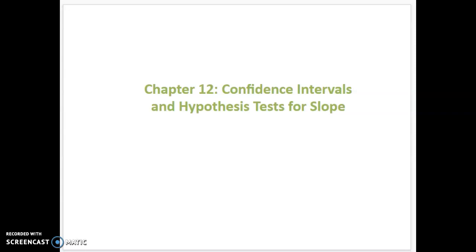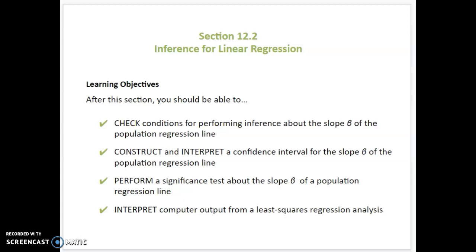So the rest of chapter 12 is analyzing bivariate data, which is just fancy for having our X and Y list. It throws us back to chapter 3 with all things regression, a confidence interval and a hypothesis test just for the slope. We're not analyzing the y-intercept. And these are just a few of the objectives. So checking the conditions, of course, construct and interpret the test, and then computer output comes back and is very